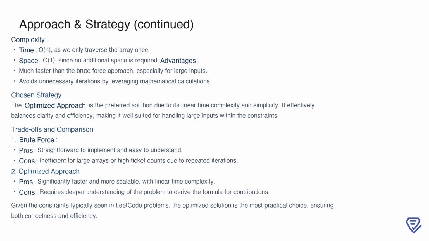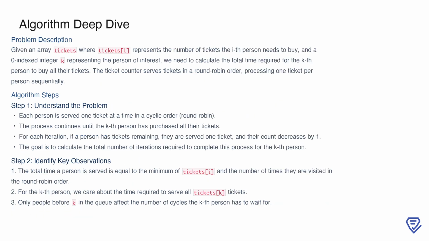without compromising on simplicity. The problem asks us to calculate the total time required for a specific person, denoted by index k, to purchase all their tickets at a ticket counter that operates in a round-robin fashion. Each ticket is served one at a time, and the counter processes people sequentially in a cyclic order. If a person still has tickets remaining, they are served one ticket, and the process continues until the kth person